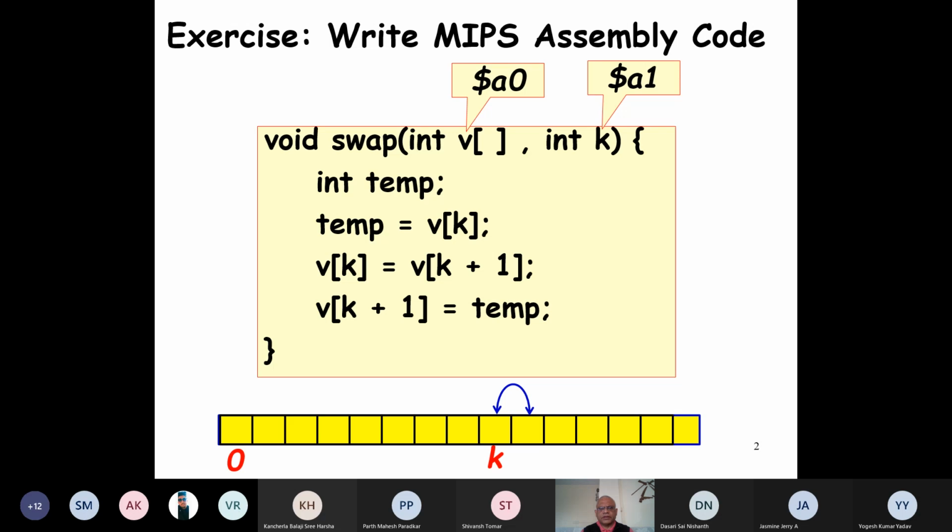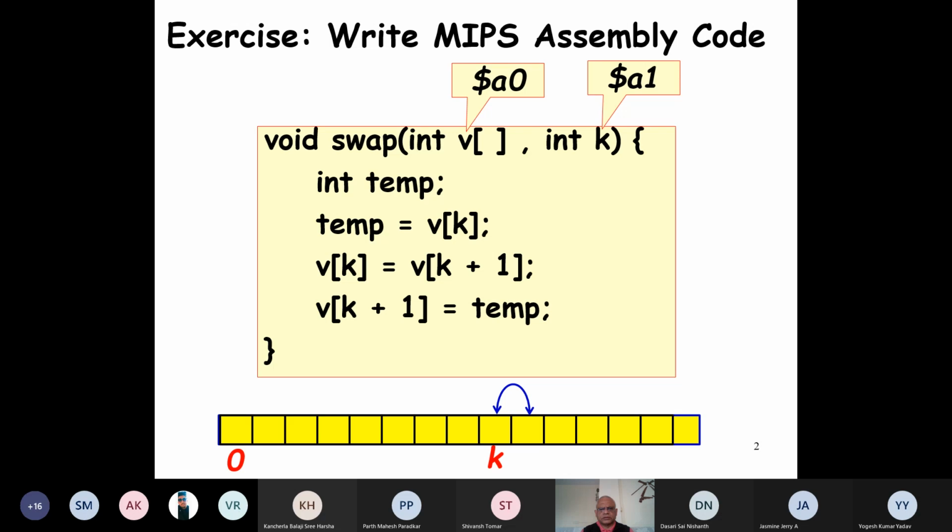We want to write this routine swap, which will swap the kth element with the k plus 1 element. We can give any k as the argument, and we have to give the starting address of the array. And this is the C code.